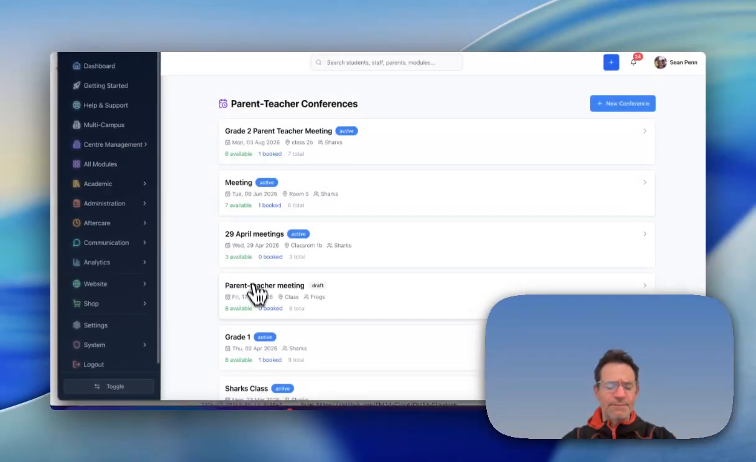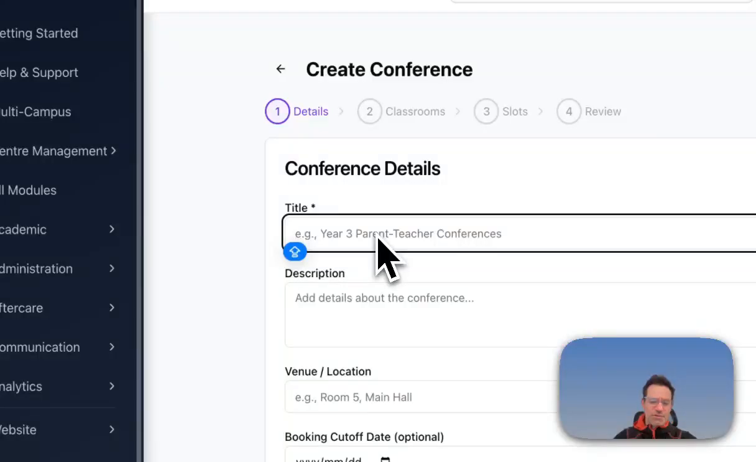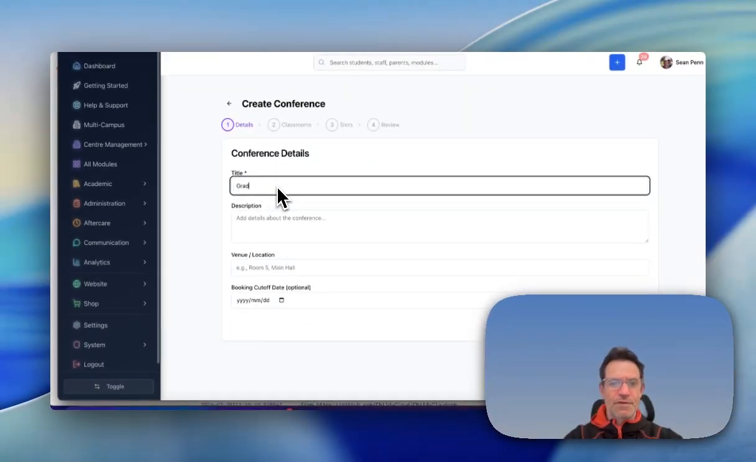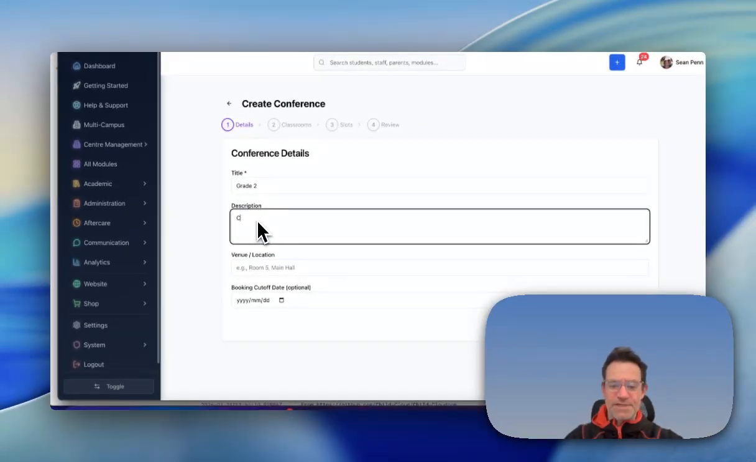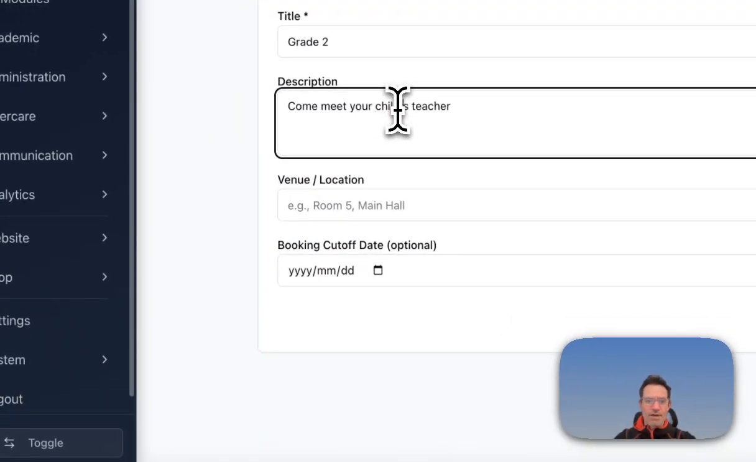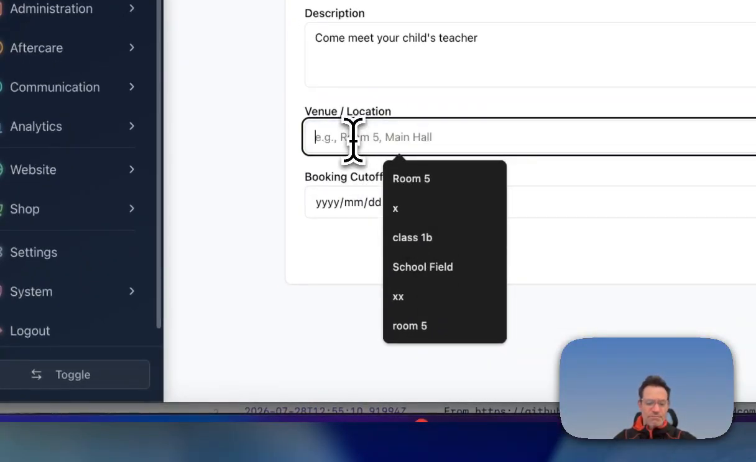So I've got a couple here that I've preloaded already, but I want to create a new one from scratch. So I'm going to click on New Conference, and then we're going to give it a name. So let's just call this grade 2, and then the description, you can add something like come meet your child's teacher. Now the venue, you just give it wherever the meeting is, maybe class